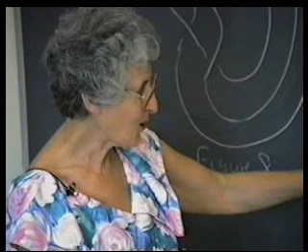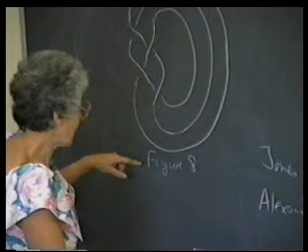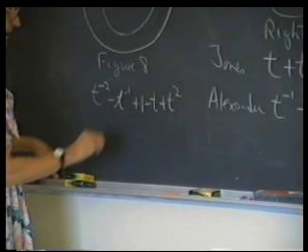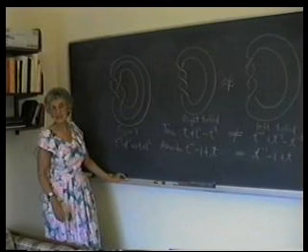Well, there was a very easy way to begin to check that, and that was to take a look at the figure 8 knot, because as it happens, the figure 8 knot and its mirror image are the same. So we calculated the polynomial of the figure 8 knot, and it turned out to be t to the minus 2 minus t to the minus 1 plus 1 minus t plus t squared. Well, on replacing t by t inverse, as you can see, since this polynomial is symmetric, in fact, it doesn't change. So in the space of about 10 minutes, it began to look like not only is this something unusual and interesting